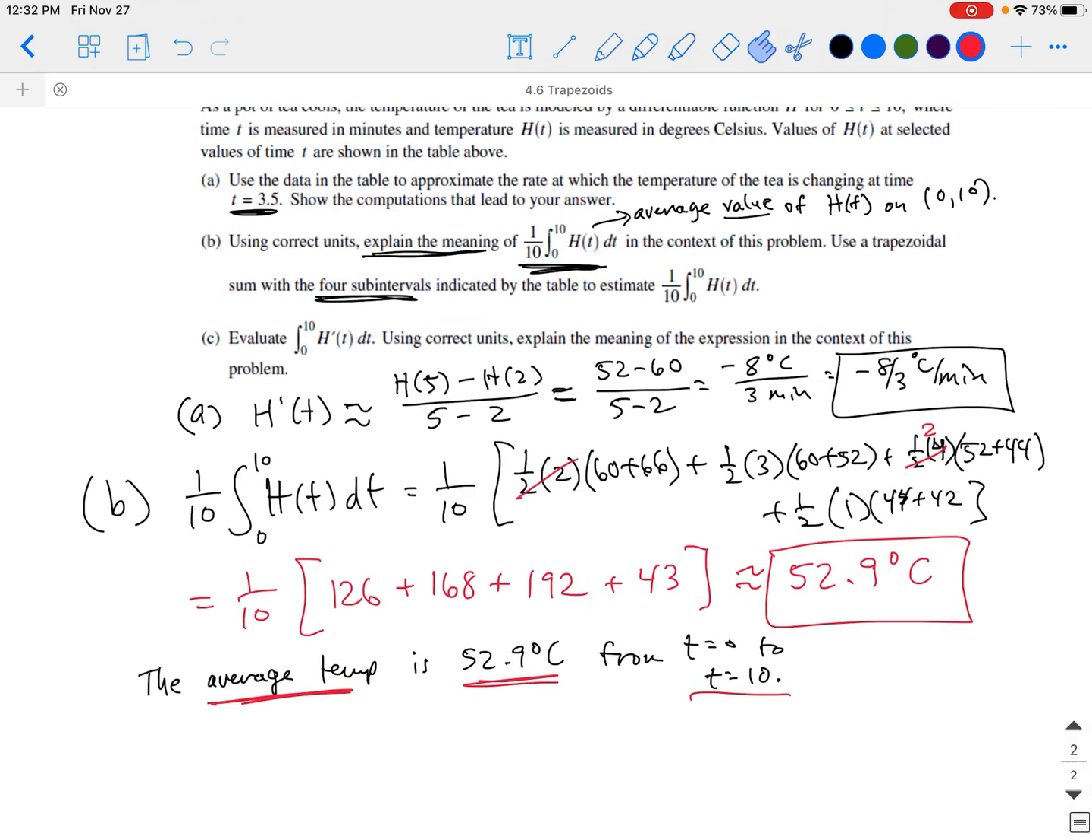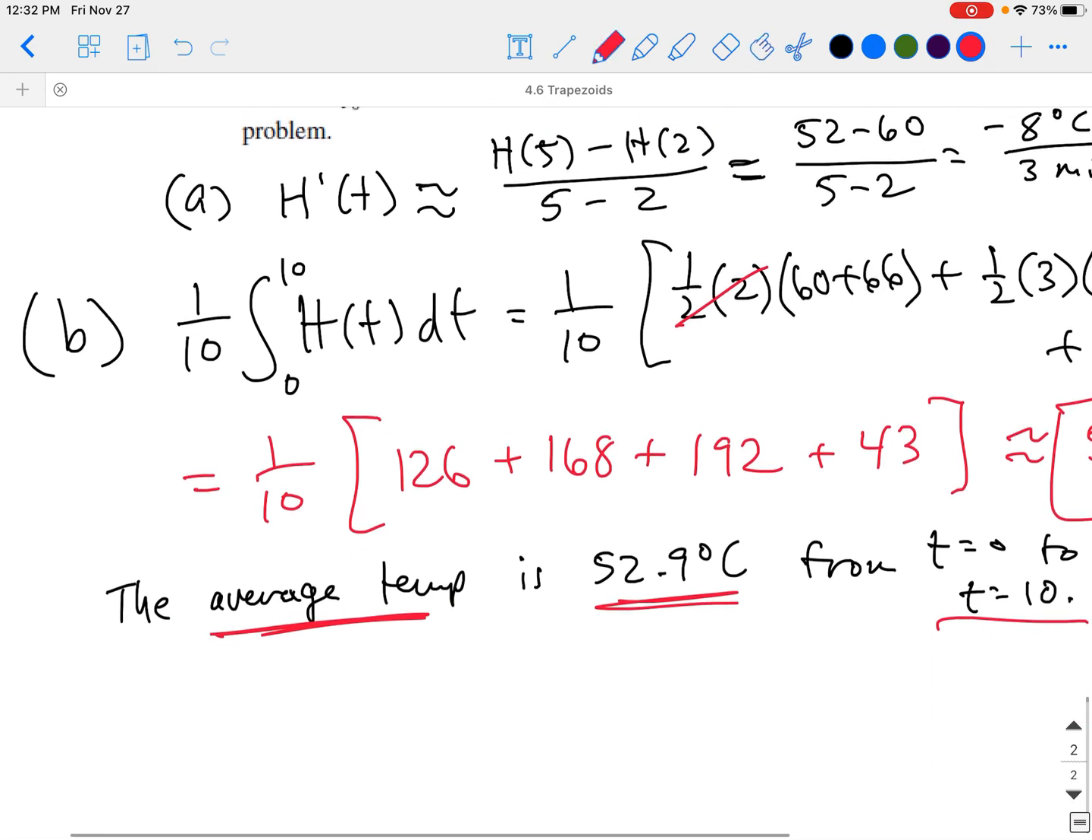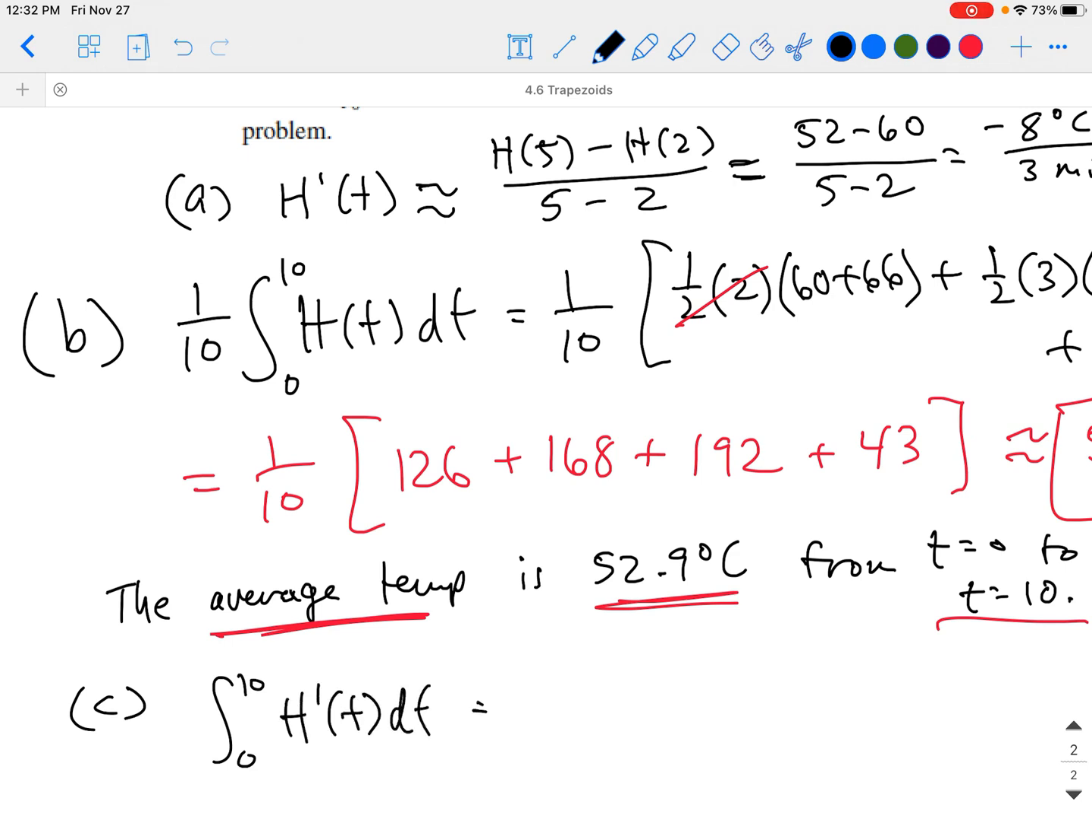Okay. And then finally, we have this C1, which is the integral from 0 to 10 of h prime of t dt. And so we're going to use the fundamental theorem of calculus to evaluate this. So this will make sense once we finish 4.4. But what the fundamental theorem says is that this integral can be evaluated by using the antiderivatives of h prime in this case. So this is going to be equal to h of 10 minus h of 0, which from